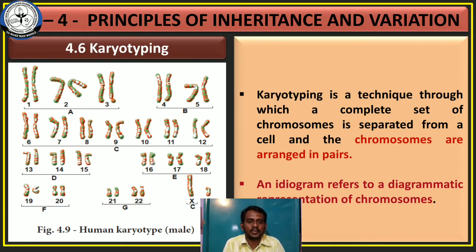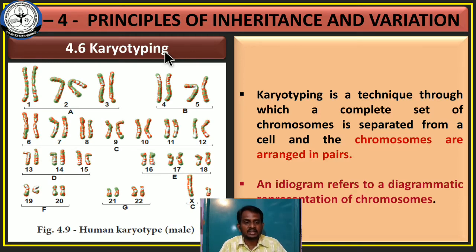This is another new topic in chapter number 4. The topic is karyotyping. So what is meant by karyo? Eukaryotic. You have heard the word eukaryo. U means true. Karyo means chromosome. Eukaryotic means an animal cell with true chromosomes. Here, karyotyping is a process of isolation and arrangement of chromosomes based on their size.